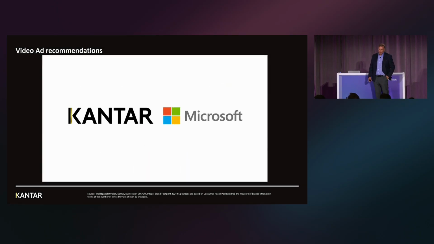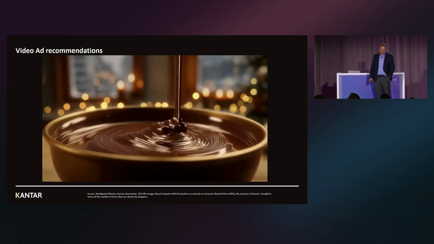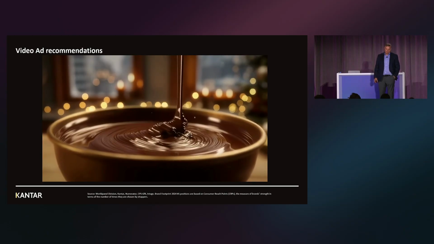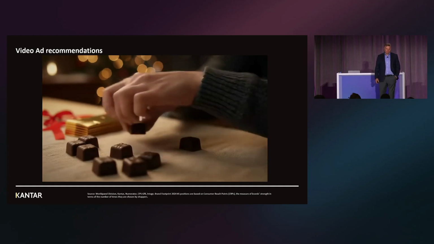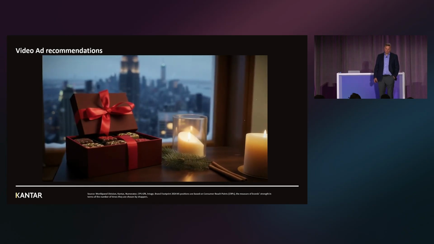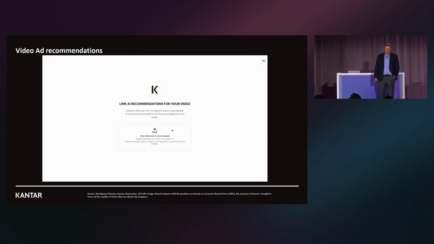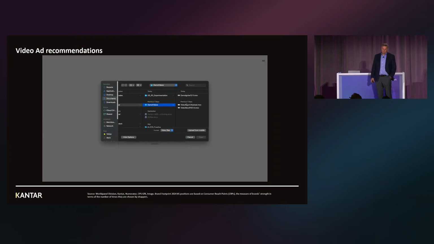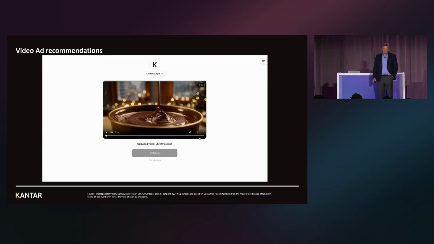Welcome to Link AI recommendations for videos, designed to deliver an end-to-end solution for video analysis and optimization. It processes your ad and automatically organizes it into scenes that identify the voice over transcription, description, and relevant tags. This demo showcases how the platform converts ad creatives into dynamic visuals designed for maximum performance. It is powered by Kantar IP, Knowledge Bank, and Microsoft's powerful asset editing engine and Azure Agent framework. It provides suggestions to improve your video, tailored to your audience, brand, and goals.